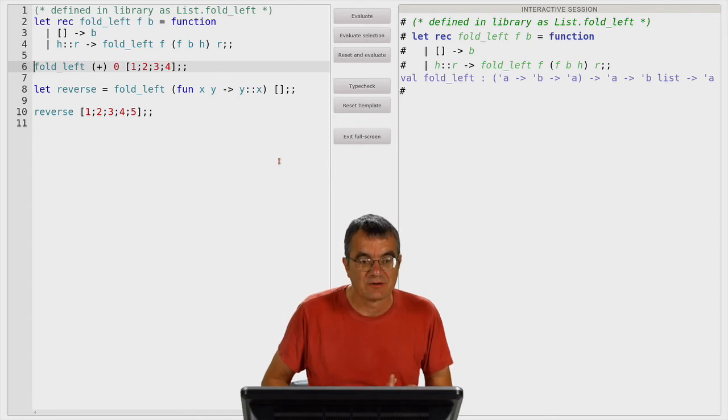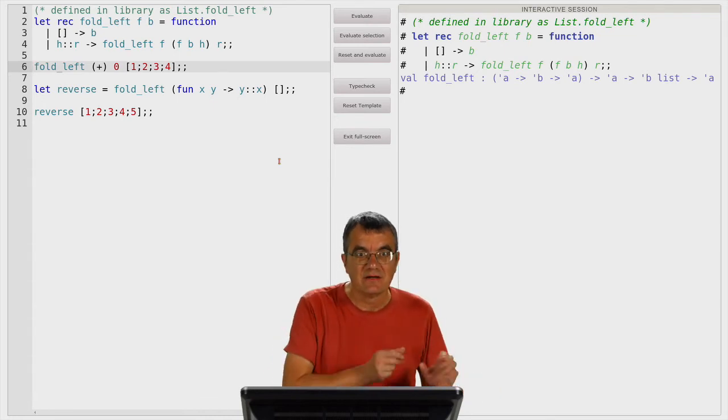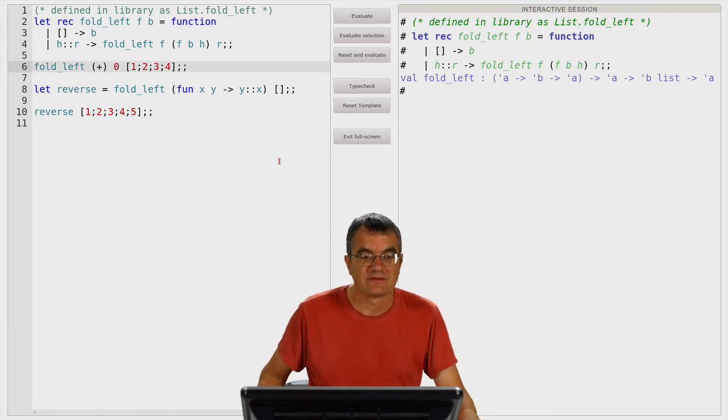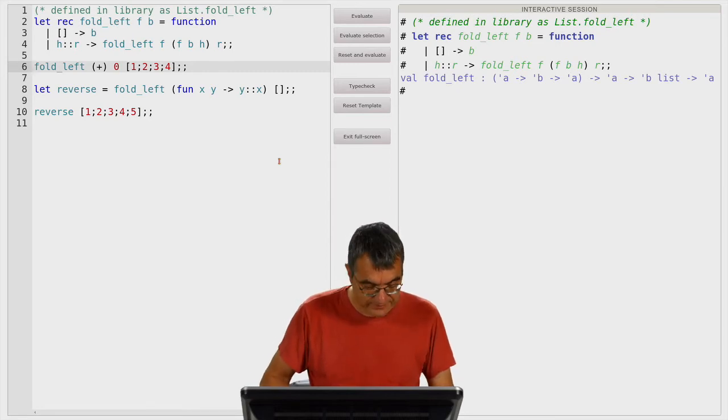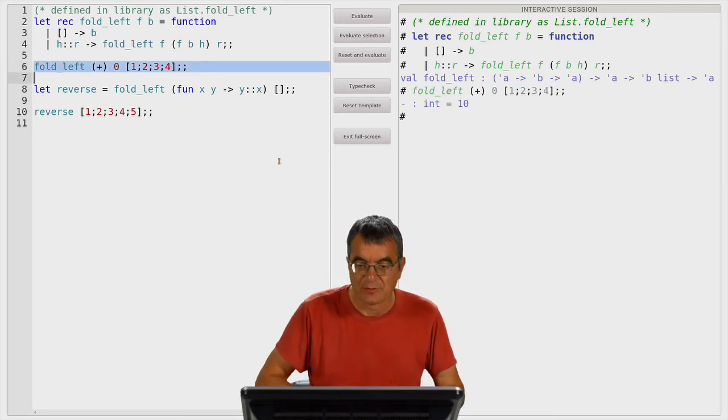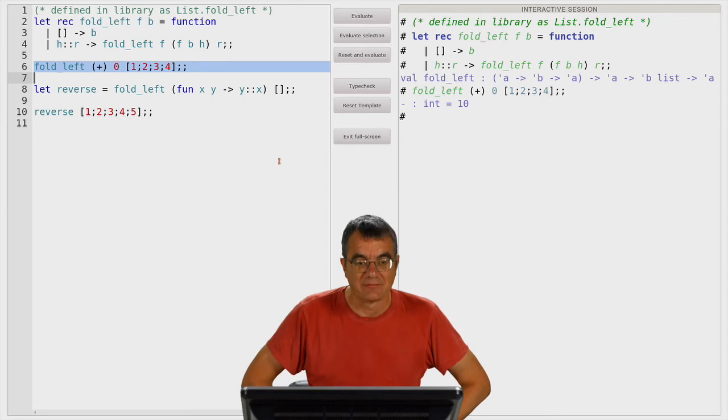This is in fact in order to resemble the computation trees which I have shown to you on the previous slides for fold right and for fold left. So for fold left it has to be in this order: first the binary operation, then the value which corresponds to the result of the empty list, and finally the list. So when we pass this to the top level, we obtain again the sum of the elements of the list